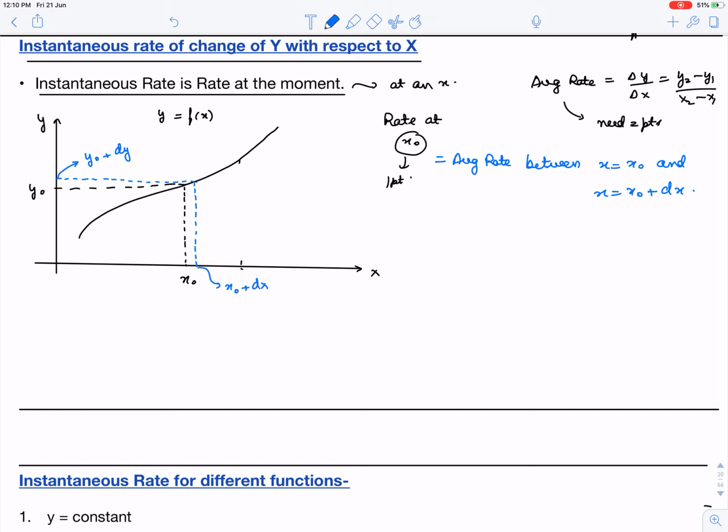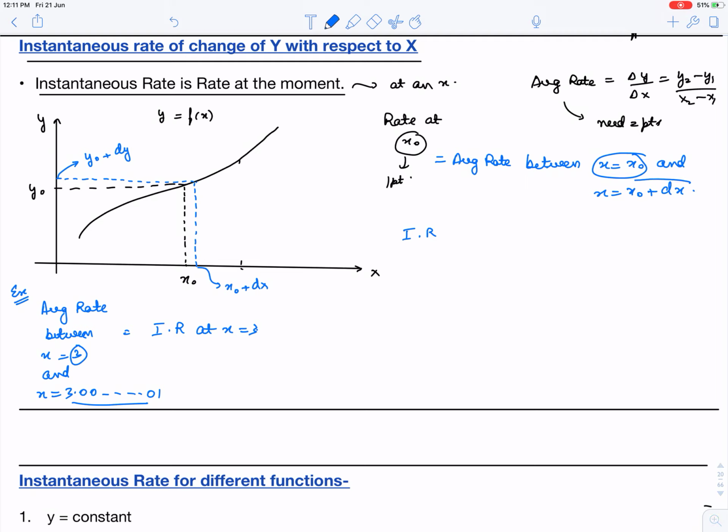Now how does it become the instantaneous rate? I'll explain it to you. If somebody says that the average rate, as an example I'm showing you, between x is equal to 3 and x is equal to 3.00 and so many zeros and 1 is calculated. Now for a person, this is the average rate between 2 points, but for a layman, those 2 points are almost the same. So this would give me the instantaneous rate at x is equal to 3. Similarly, when you choose 2 points very close, then the average rate turns to the instantaneous rate,